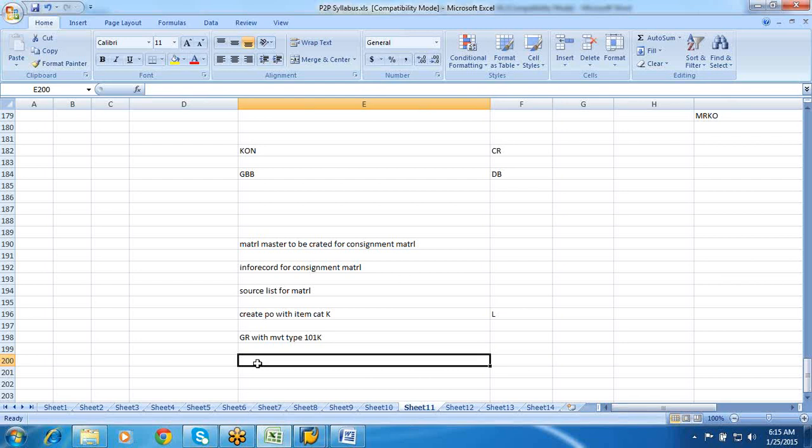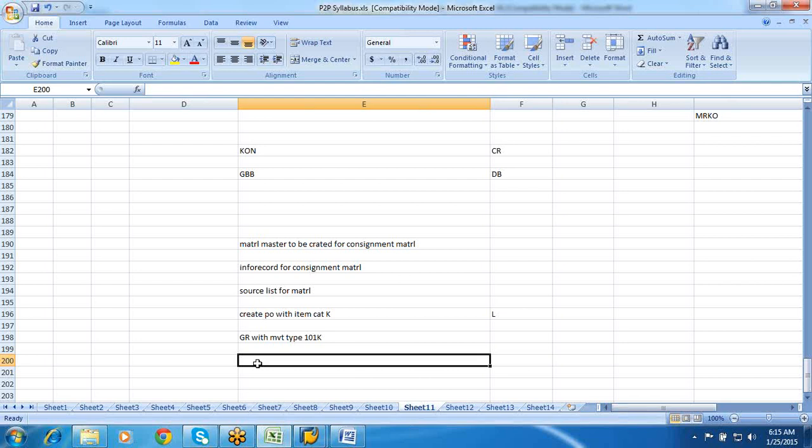So how is the first transaction handled in real time? I mean, first the vendor sends all the material to a storage location, right? Yes. The first transaction is like we are showing in the system that we have received this material.